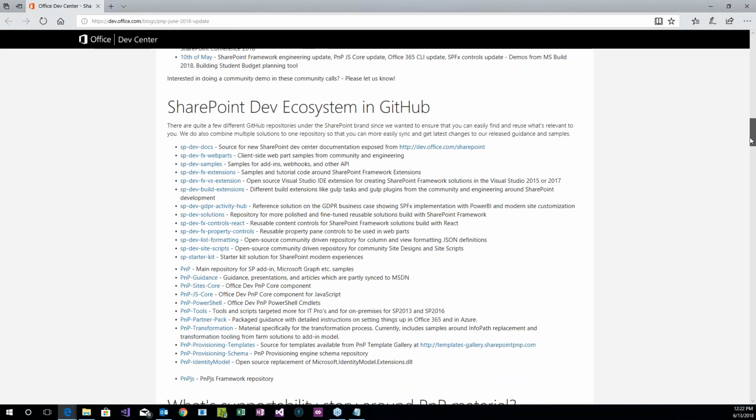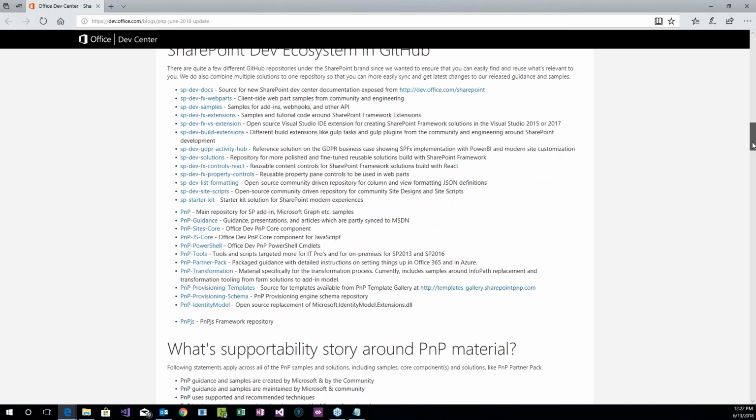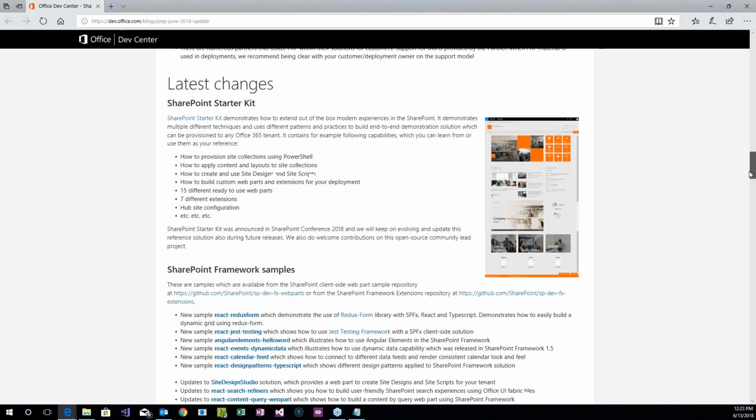You can see essentially the entire dev ecosystem, and this GitHub pieces over here has grown somewhat. But literally for every example you want to do, you don't recreate the wheel. Come here first to figure out what's going on. It talks about the latest changes. So actually, here's one that's not on my list over here.